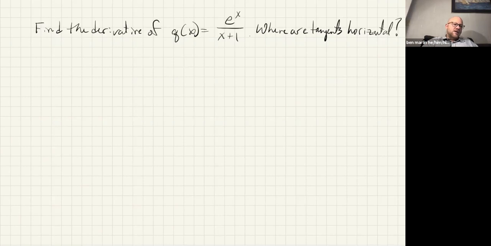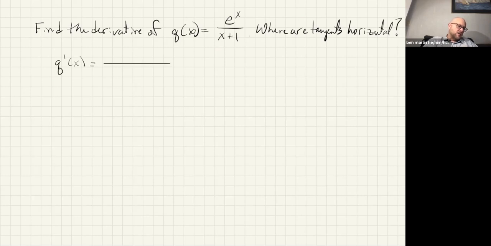All right, so this other example here asks us to find another derivative using the quotient rule, and this time we've got an e to the x. Again, we're going to ask the question, where are the tangent lines horizontal at? So a similar kind of problem. So we're going to calculate q prime of x,